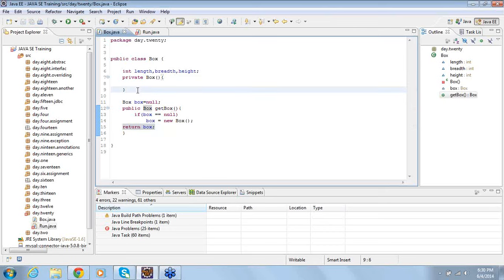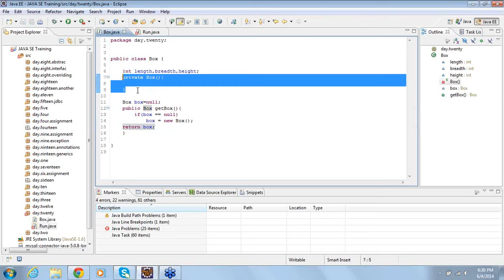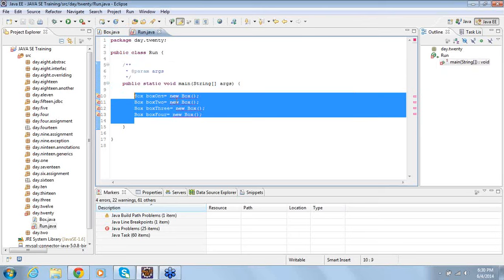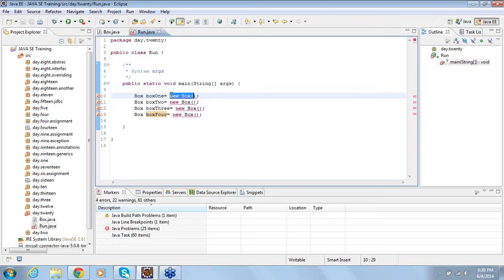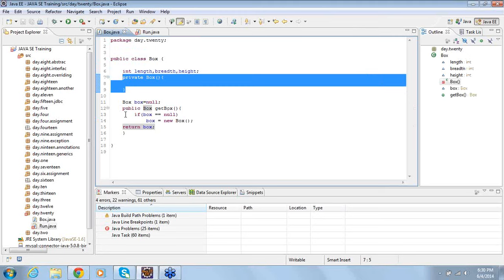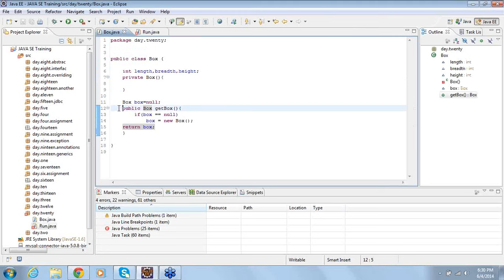So what constructor do you have? A private constructor. What you are doing outside is, you are not allowing others to create an object.